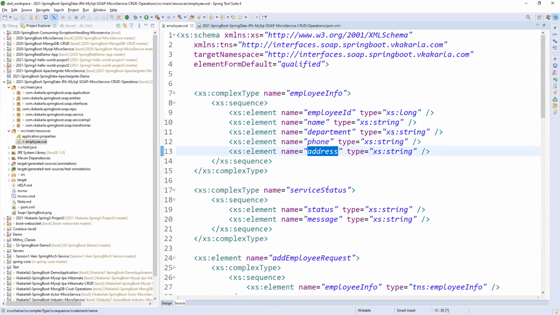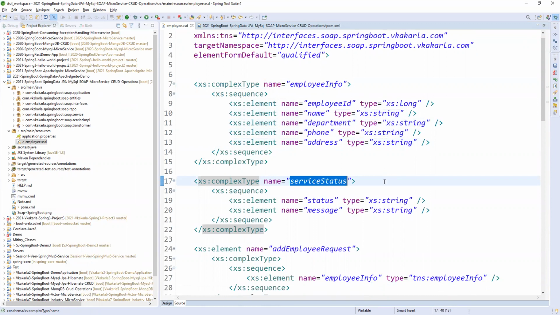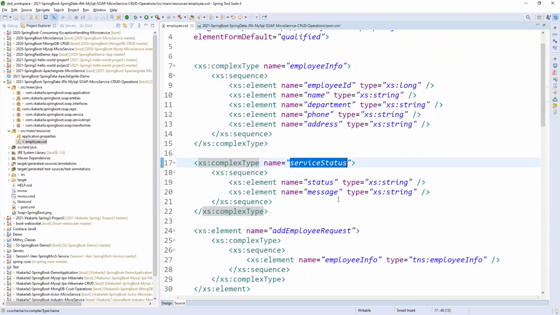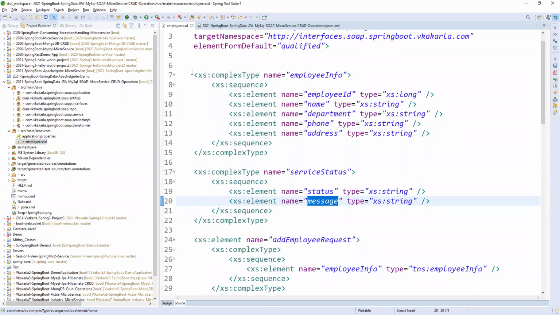Fine. Now service status. See, in a RESTful service, we have a response entity as the return type of each and every API. But here we don't have such responses. So we need to prepare a status. Based on that status, we can pass a status code as well as a message, dynamically, for each respective API, endpoint, event or operation. Based on the API, we can prepare a dynamic status and give it to the front end, to the calling place. Fine. So up to here, fine.